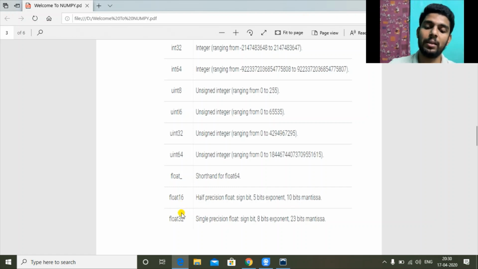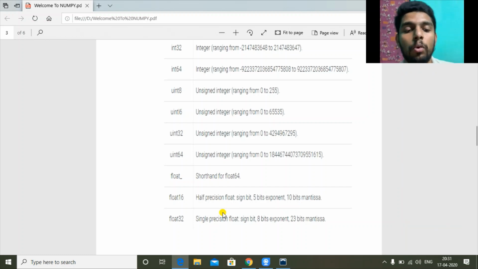And here 16, 32, 64 stand for half precision, single precision, double precision. So here the range does not increase, it is up to a huge amount, but the increase in digits represents the precision value. So we have 1.15, then we have another value 1.1567812. So the second one is more precise as we are going deeper into the fraction part. So there we will use the higher count data type, like float 64 instead of float 32.